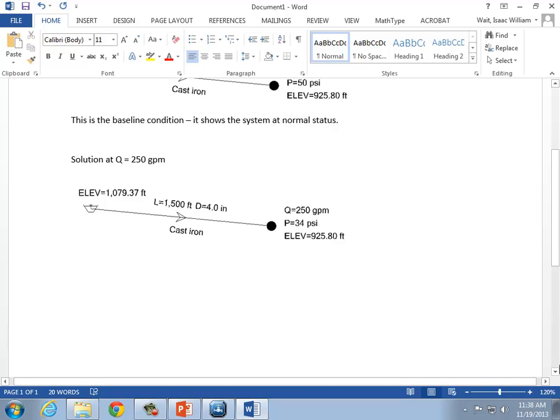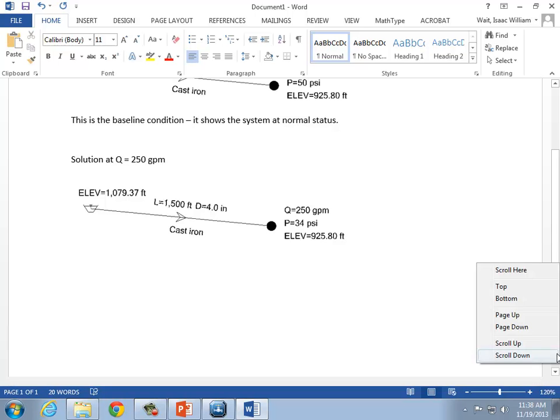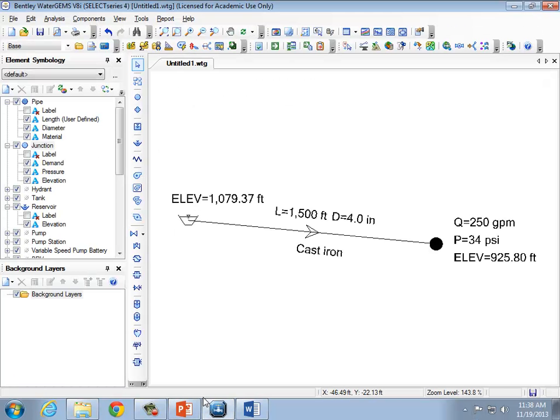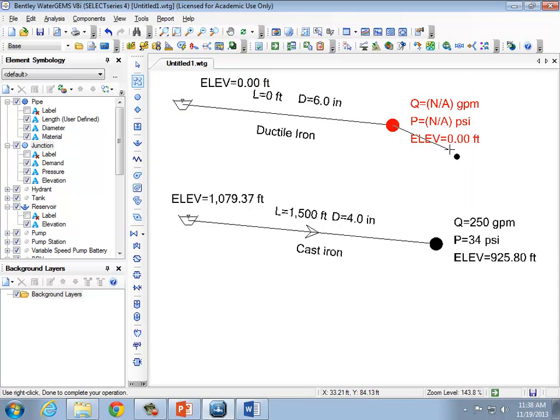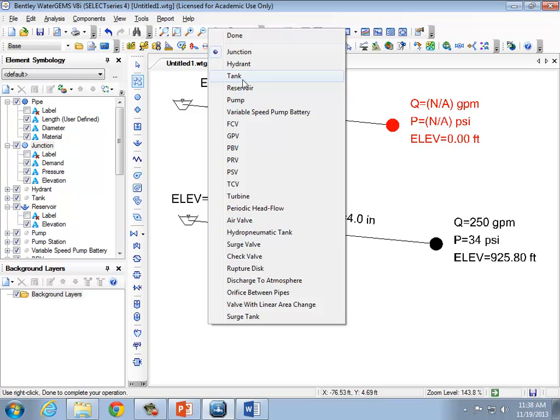Yeah? You go into the WaterGEMS. Yeah, WaterGEMS. You draw out a reservoir, and like when you click the end, how do you get that to... Okay, reservoir. So here's my reservoir. Right click. I want it to end in a junction. Escape. Oh, that's cool that it's annotating it automatically. Yeah. I learned something new today. I genuinely had no idea that it did that. You just have to make sure you go back